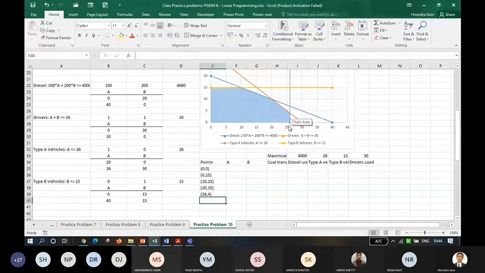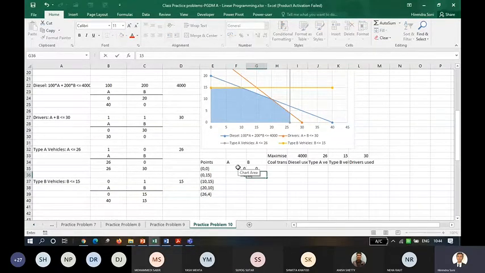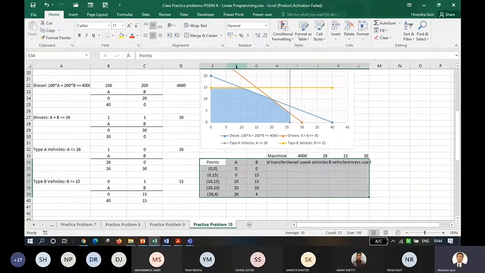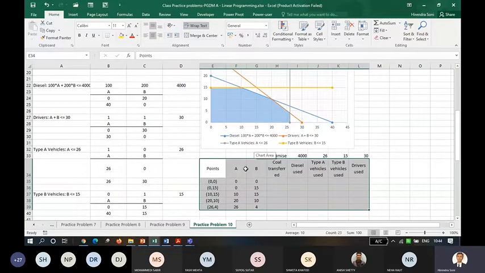That's all. So A is 0, B is 0, here 0, 15, 10, 15, 20, 10, 26, 4. अब एक काम करते हैं, थोड़ा अच्छे से फॉर्मेट कर लेते हैं ताकि हमको सब चीज बराबर से दिखे।